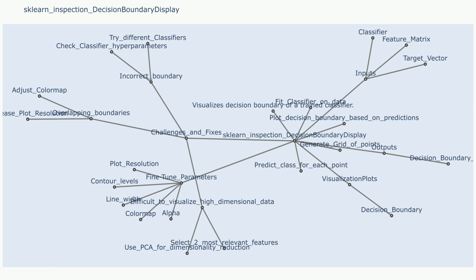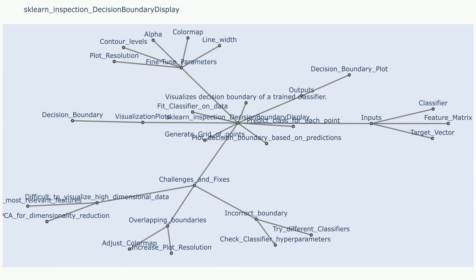The different scales of these features might lead to an unevenly stretched decision boundary. Fixes to challenge 1: apply feature scaling techniques like standardization or normalization before using the DecisionBoundaryDisplay class to ensure that the features have similar scales.